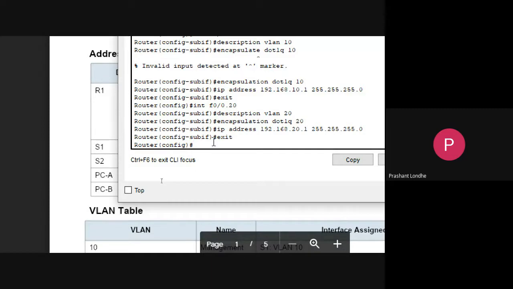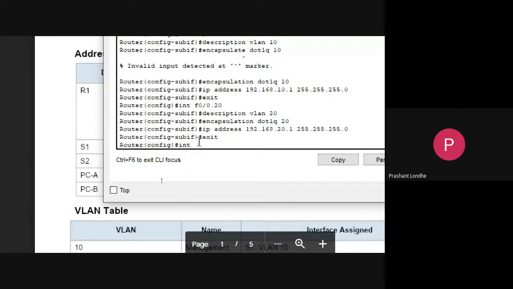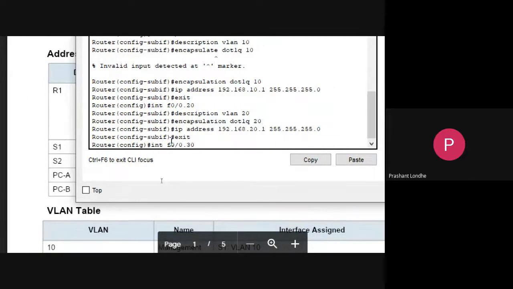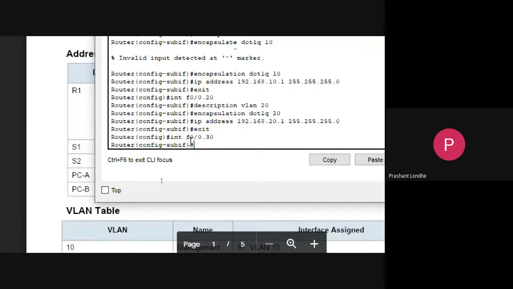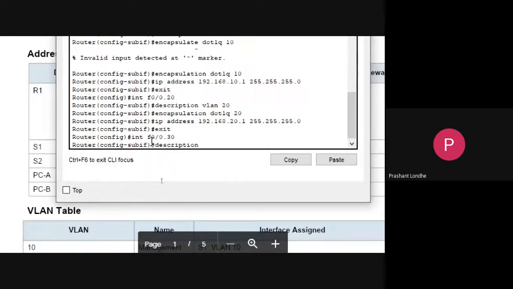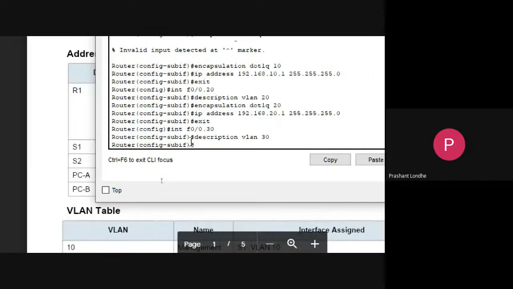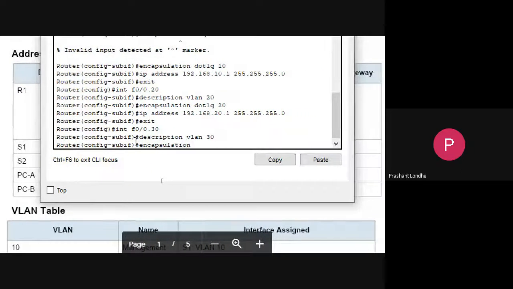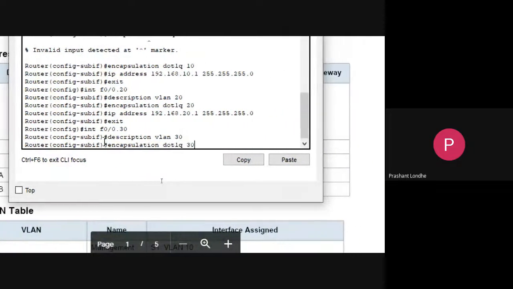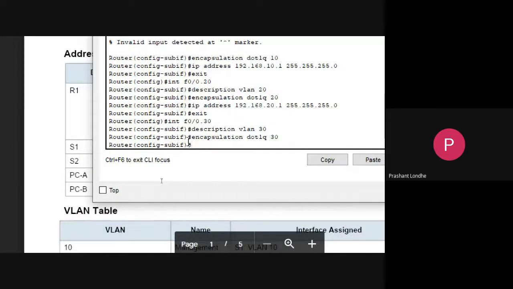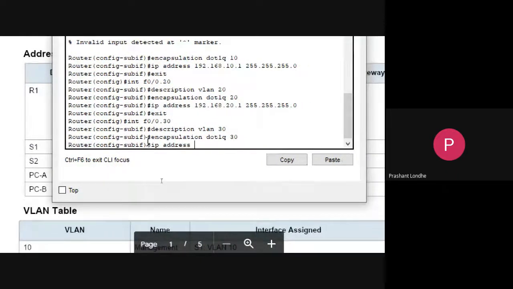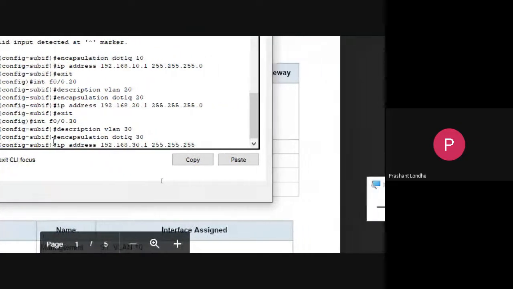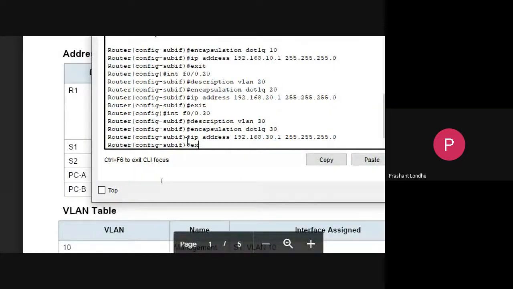So let's start. Interface f0/0.30, then description VLAN 30, encapsulation dot1q 30, IP address 192.168.30.1, 255.255.255.0. Exit.